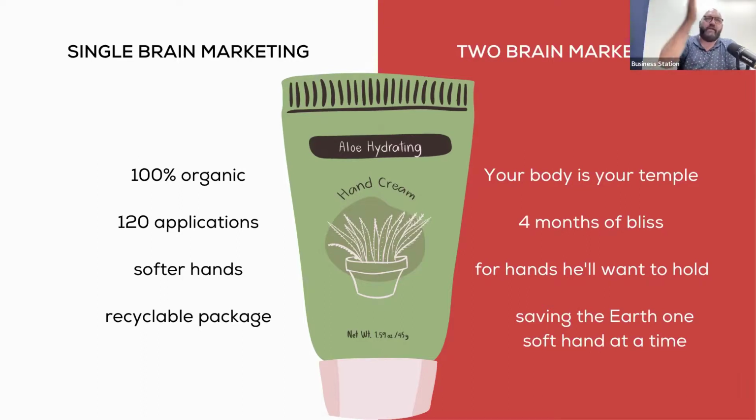So you're appealing to one side of it. You may be starting off with a fact, but what really works the most is when you start off with an emotion, with a feeling. Your body is your temple, so enjoy this 100% organic product. 4 months of hand bliss. That's 120 applications of our hand cream, for hands they want to hold because they're so soft, saving the earth one soft hand at a time with our recyclable packaging. Even the story just flows much nicer when you start off